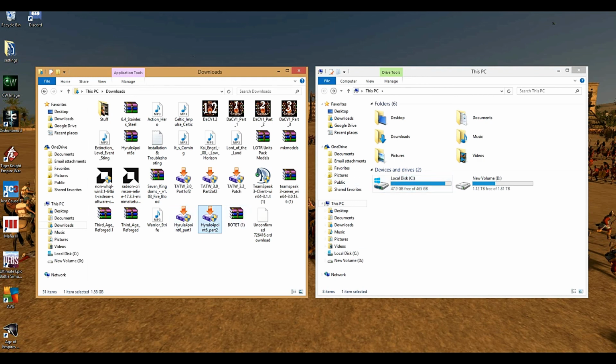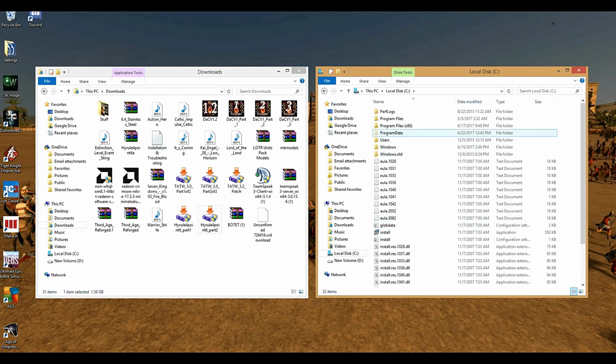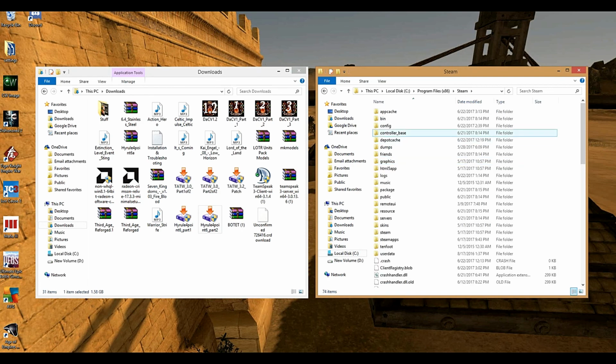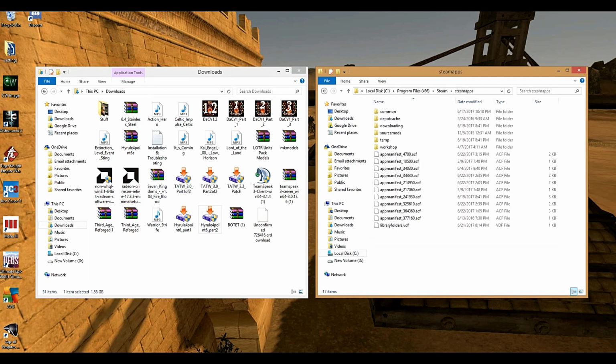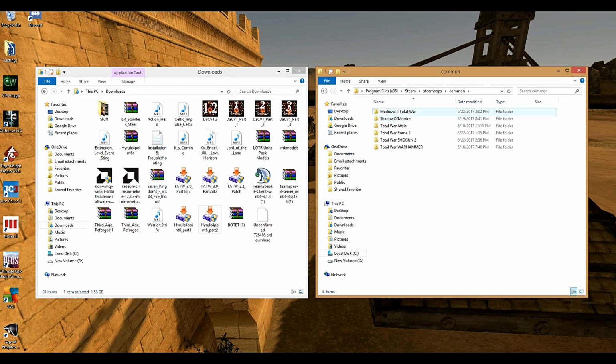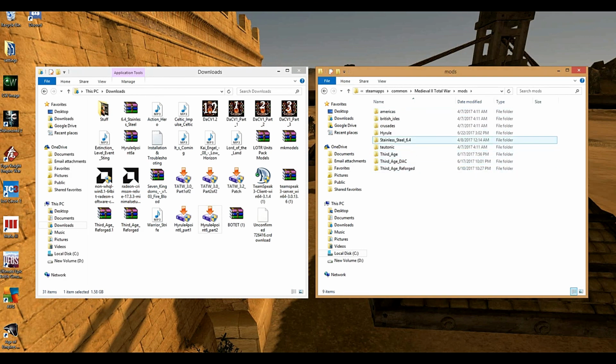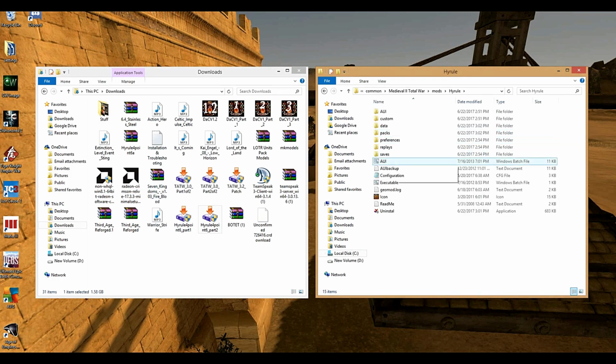the mod has installed. So local C, Program Files x86, Steam, Steam apps, common, Medieval 2, and mods. And there's the Hyrule folder right there. So that is perfect. So, like I said, you guys have this little README folder here. When you double click on it, just take that README folder and then just drag it into the